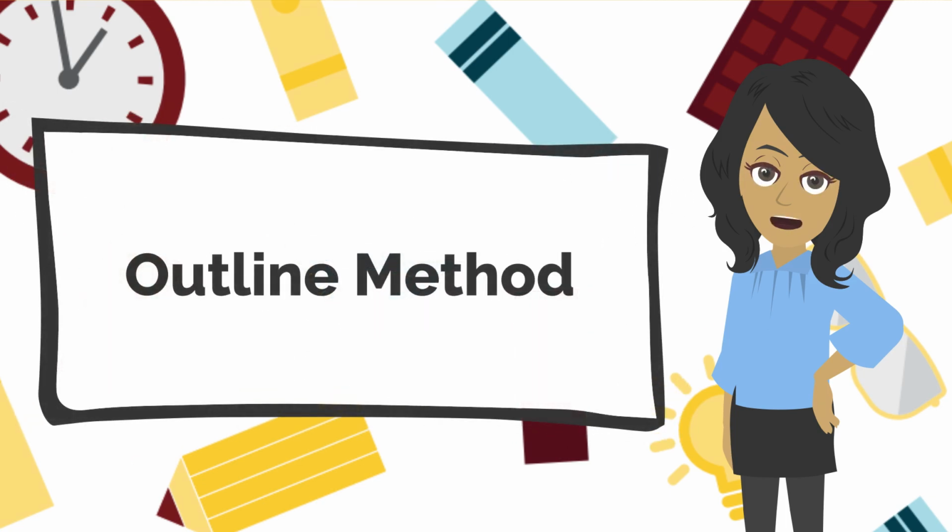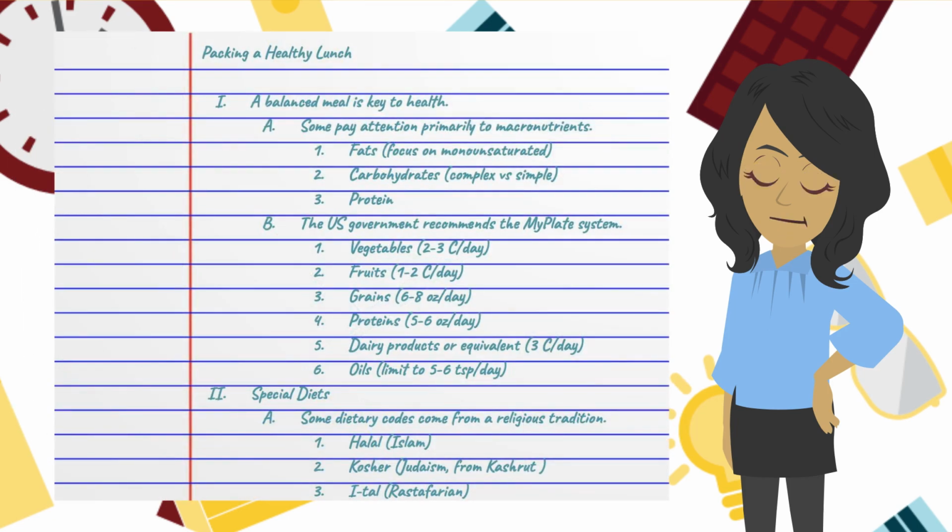The outline method is a frequently used note-taking style. It is effective when you want to show relationships between course information and for STEM classes. You can use numbers, letters, or even bullet points to organize the various levels within your notes. This style is also helpful to use when taking notes while reading.